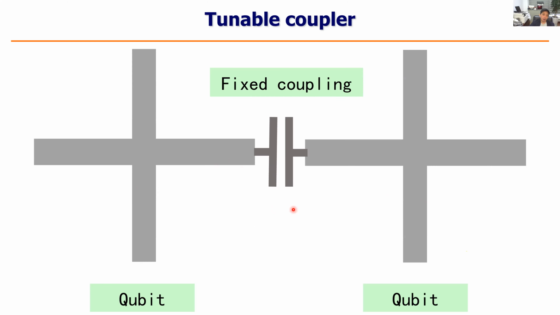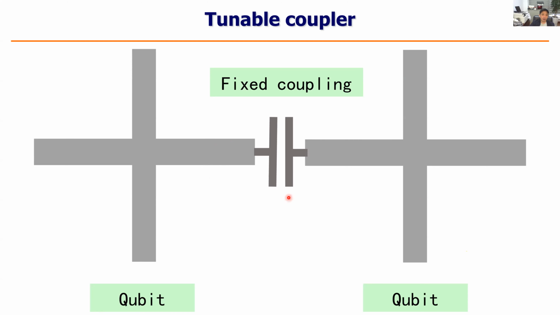But if we scale up the system to a large number of qubits, this way does not work well. There are two reasons. First of all, it's the so-called frequency crowding problem, because the frequency range is only 2 gigahertz. So we cannot arrange a lot of qubits in such a narrow frequency range. The frequency is too crowded, so we cannot really tune all the qubits off with a relatively large off-resonance frequency. So this is the first problem.